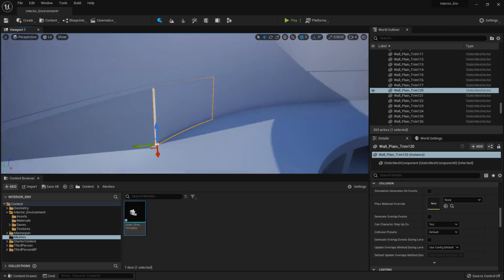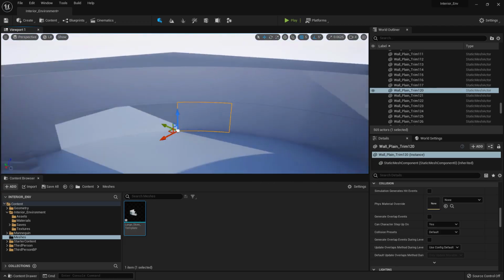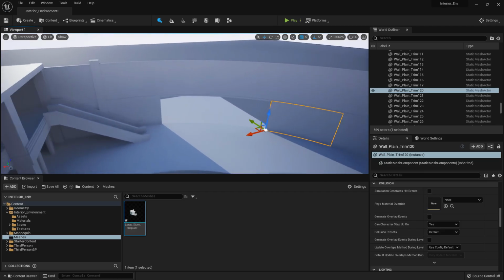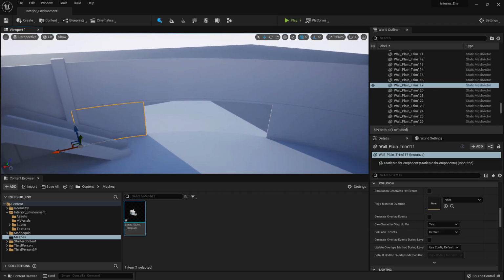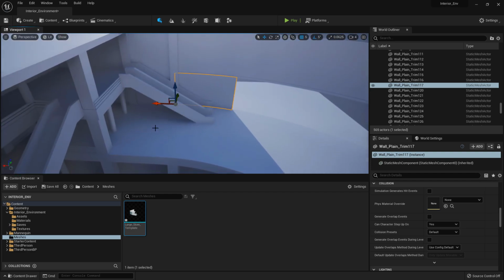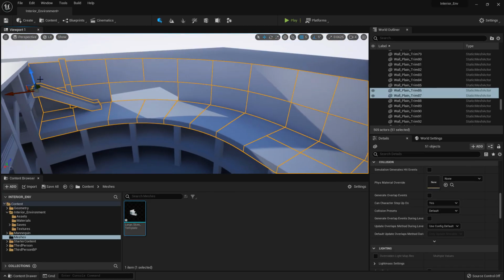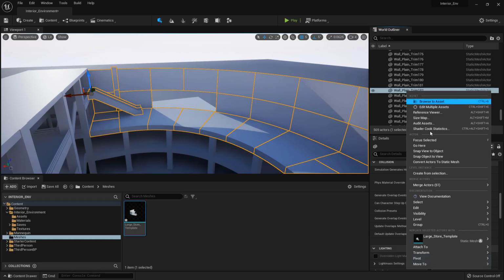Yeah, I'm not sure if it actually matters that it is wrong, because we are going to replace pretty much everything. So let's do something like this over here. I'm just going to go ahead and do a reselection again. Here we go. And this time, instead of the merging,